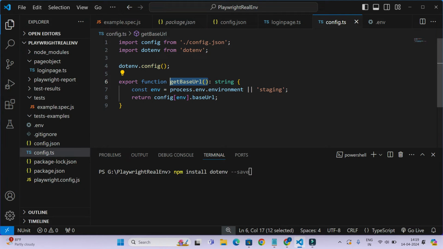This is a function. In Java they call it a method, in JavaScript they call it a function. When you write a function without a class, you have to write function here, and the method getBaseURL, and as we are passing a string, you have to give string here. Now we want to pull